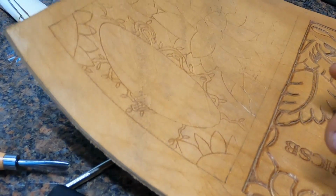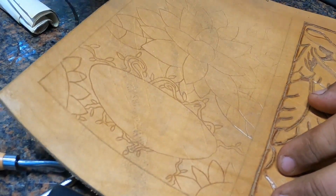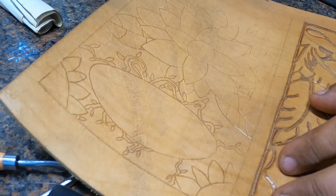Alright, so I don't know how well you can see it. I got it drawn out here. I got it imprinted in. I just got to swivel knife it now. And actually,